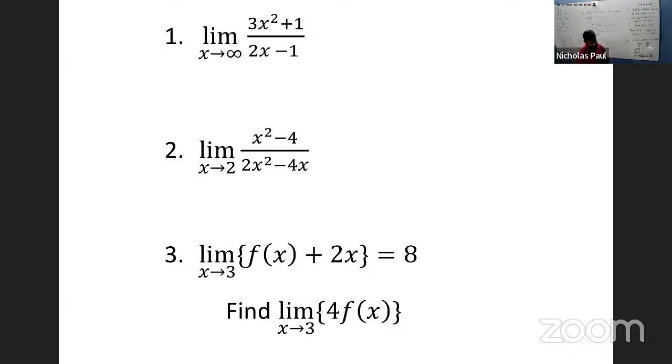Right, so now number 2 and 3. If after you do factorization and divide by the highest power you still get infinity, it means the answer is infinity, right? So we are allowed to get infinity. So let's do